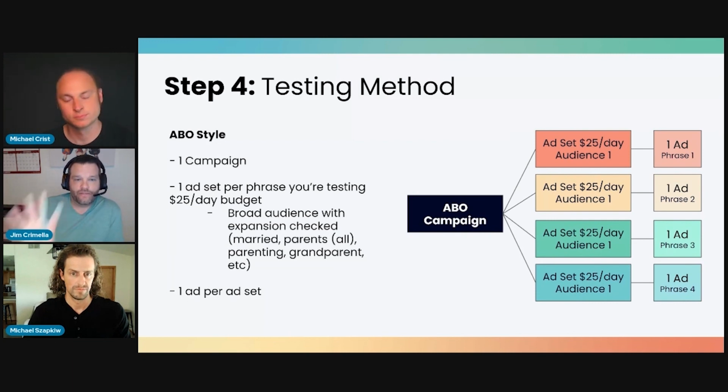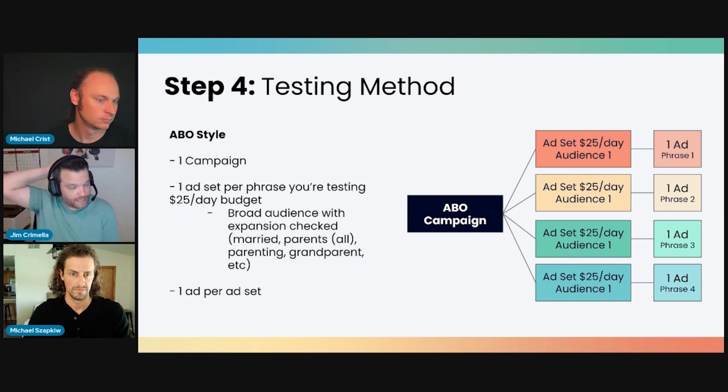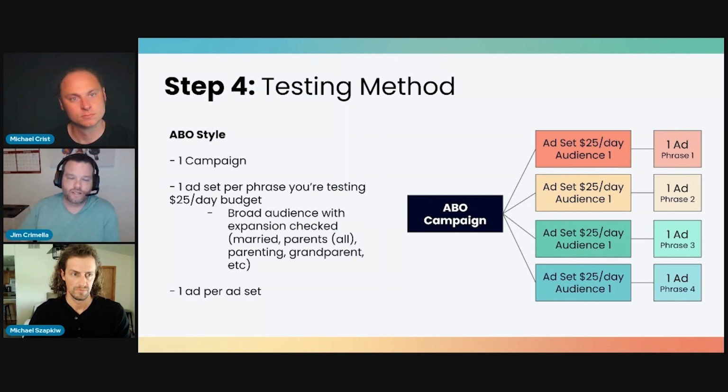So you can run this test as either an ABO or a CBO. In the Shot of Espresso that we covered, our current methodology is a 1-1-1 CBO. So one campaign, one ad set, one ad, and then we duplicate the campaign. So this is a slight variation. Same exact psychology or methodology behind it. It's just instead of a CBO with multiple campaigns, it's one campaign as an ABO.